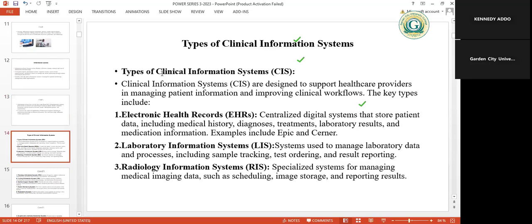Now the types of clinical information systems. Clinical information systems are designed to support healthcare providers in managing patient information and clinical workflows. So we are just looking at how we can facilitate the activities nurses perform. So the key types include electronic health records, which is a digital version of